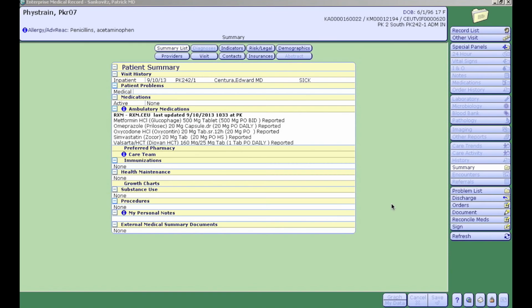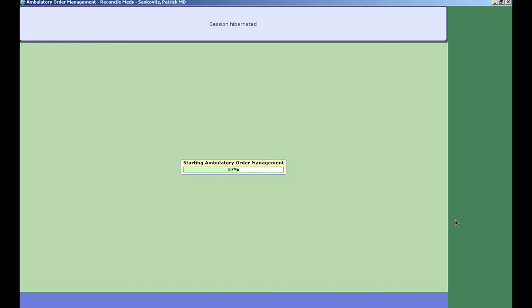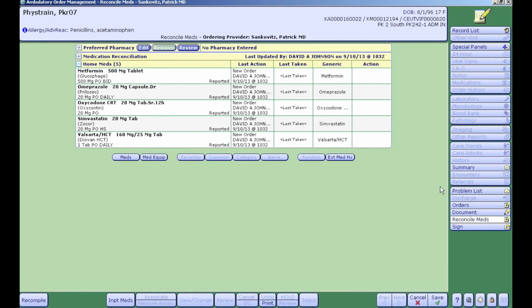To initiate the Admission Med Rec process, we'll click on Reconcile Meds over on the right in the status board of the patient's enterprise medical record. This launches us into the Ambulatory Order Management, or AOM module. What we first see is the Reconcile Meds screen, which gives us a review of the patient's home medications as